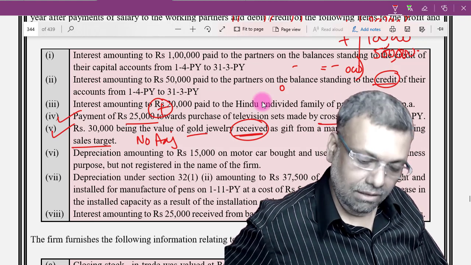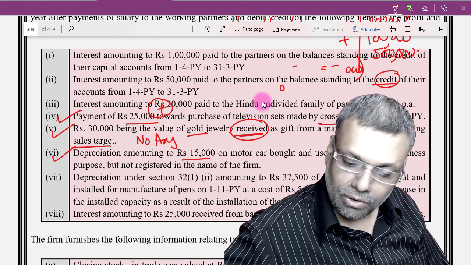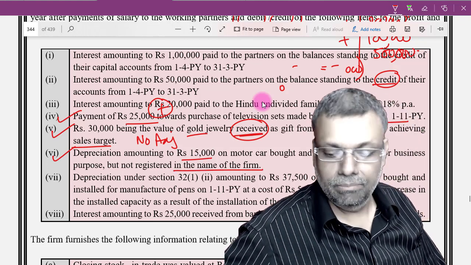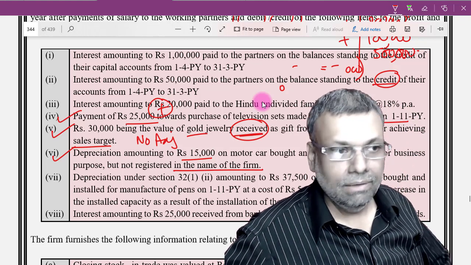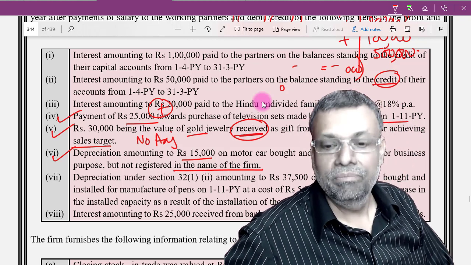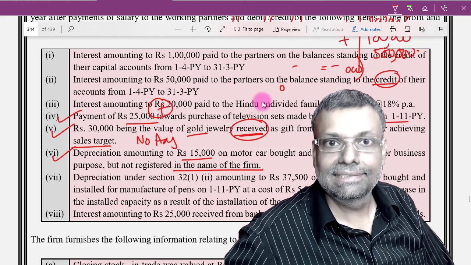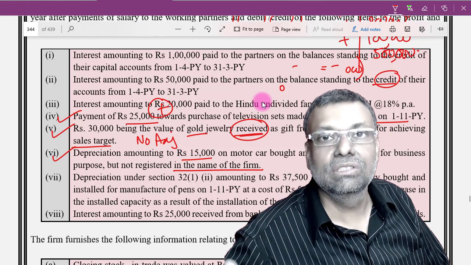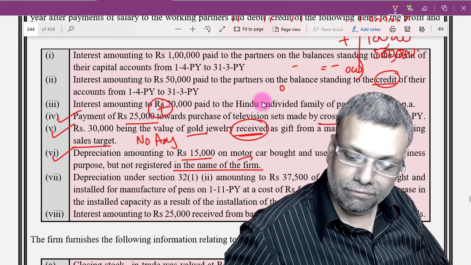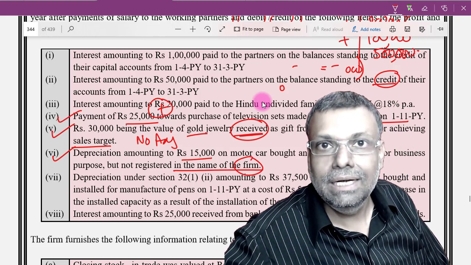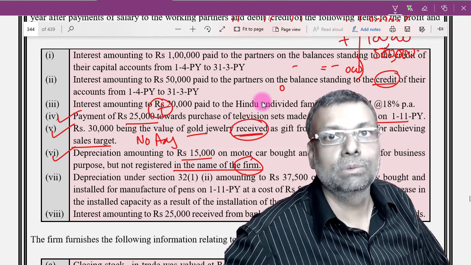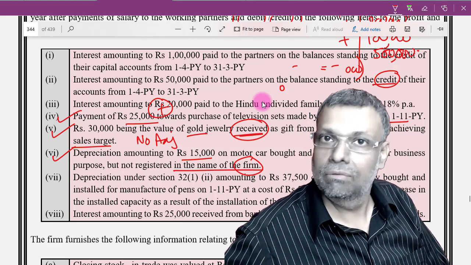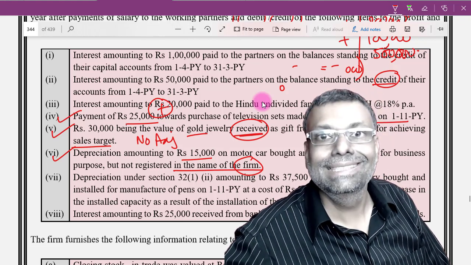Okay, then next point, depreciation amounting to 15,000, motor car bought and used exclusively for business but not registered in the name of the firm. Now this is also some of the case laws, that the depreciation which is on the assets beneficially held by the firm, but registered owner is someone else, that means the partner. Okay, so as long as the firm is the beneficial owner, that means the funding of this particular car is done out of the firm's balance sheet, and it is an asset of the firm, although registered in the name of one of the partners for some technical reason, will not disentitle